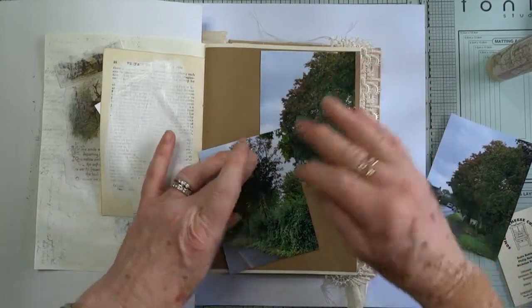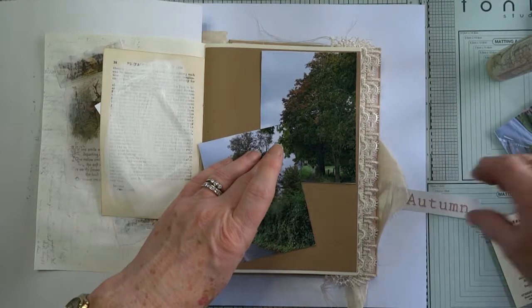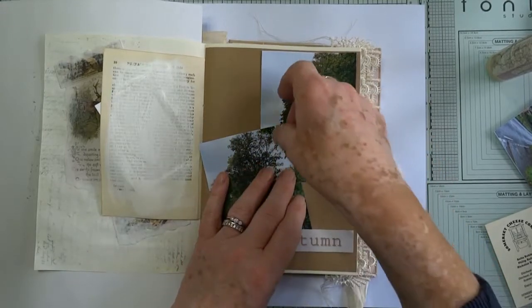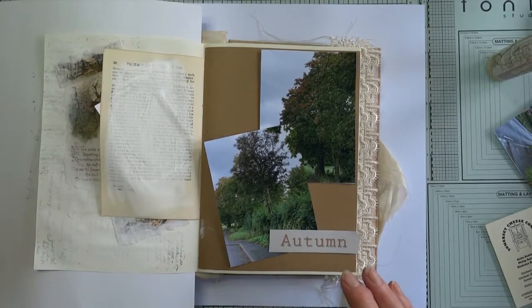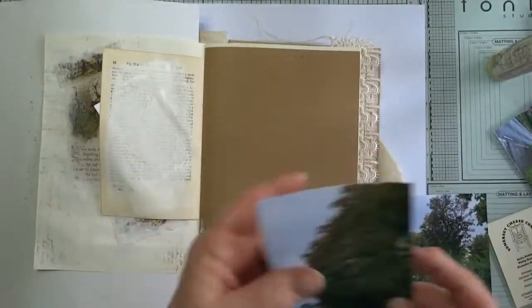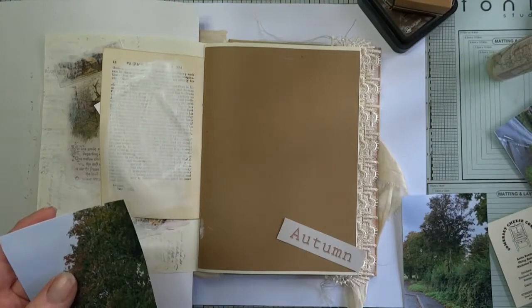Why am I referring to them as a gender? I don't know. And then this word autumn I printed off. Could go down the bottom. I'm thinking that's looking quite good. I don't think I gessoed it before. No, just put them on. I am going to get around the edge, or maybe actually,